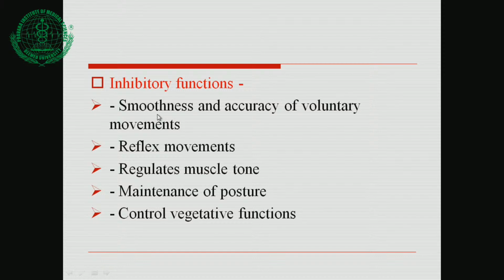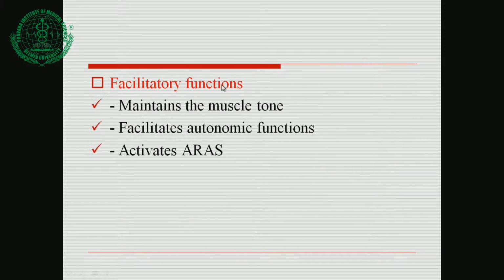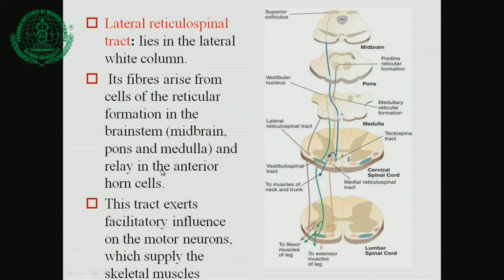are the smoothness and accuracy of the voluntary movements, reflex movements, regulation of muscle tone, maintenance of posture, and control of vegetative functions. These are the inhibitory descending pathway functions. Facilitatory functions are maintaining muscle tone, facilitating autonomic function, and activating the ascending reticular activating system. The main important parts of the descending reticular activating system are the lateral reticulospinal tract and the